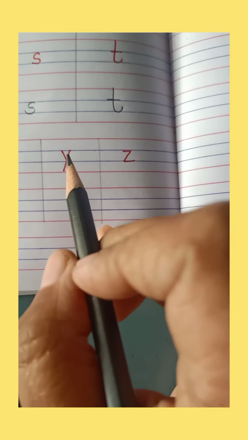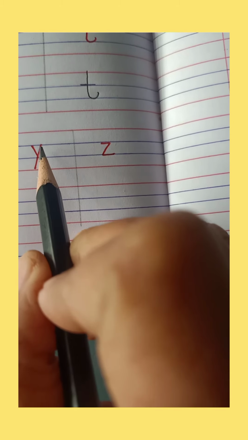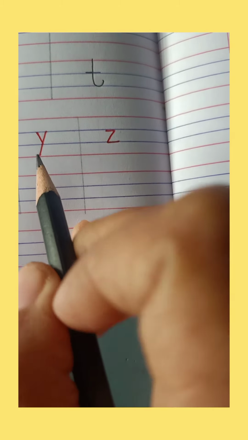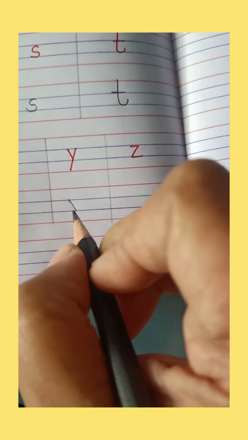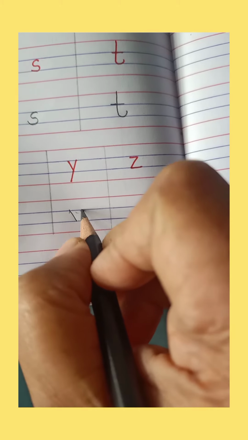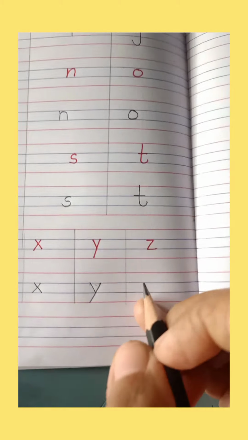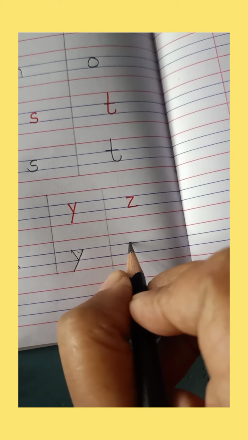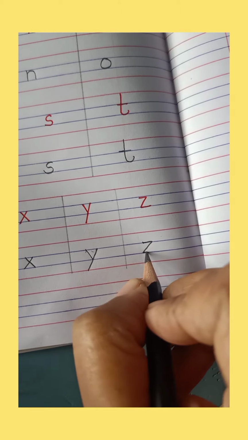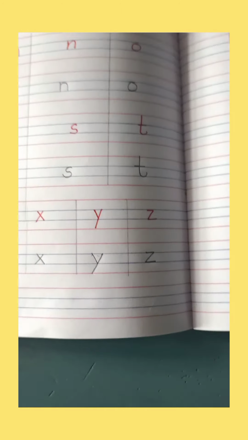अब children see, y again we are going to start from the blue line. ठीक है, but ये जो दूसरी slanting line है ना, it is coming down till the red line. Like this. One line and another line goes down till the end. This is y and z. Again we have to write z in between both the blue lines like this. Sleeping line, slanting line, sleeping line.